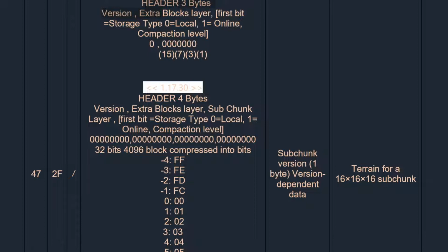So listen closely, because I'm going to explain a couple of things that might blow your mind. You've got the first byte. The first byte is the version of the chunk. It only affects the version of the chunk, and it just notifies how to compact it and everything else that could be done with the chunk. But this is the version of the chunk. It's very important. Now, this is the extra block layer, the second byte of the chunk,